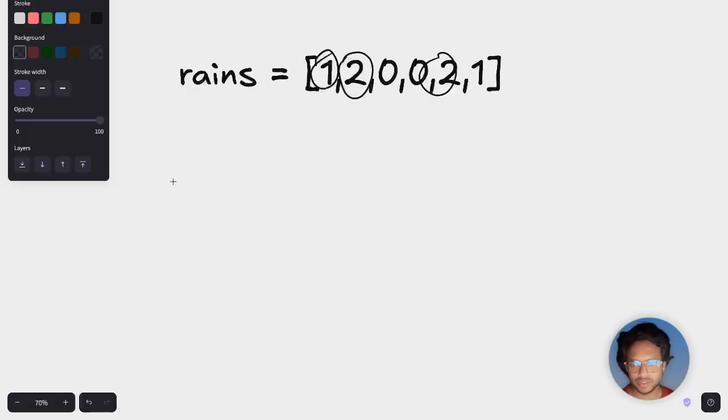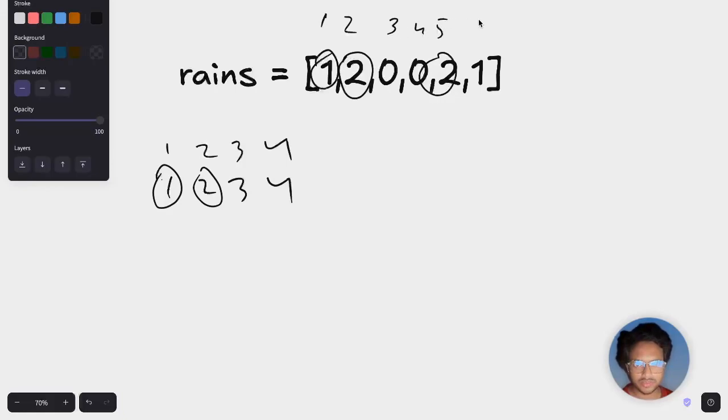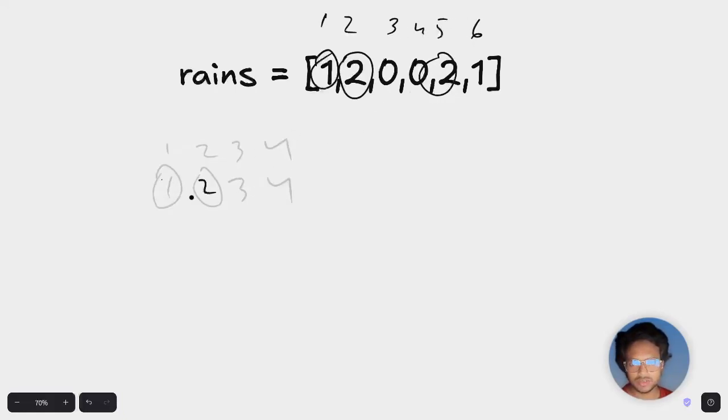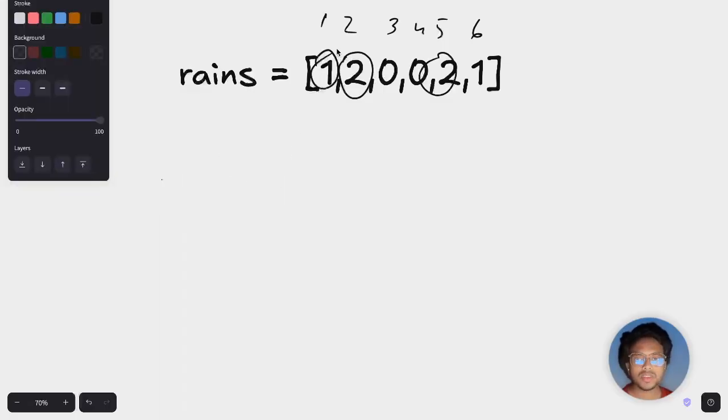For example, if it is 1, 2, 3, 4, it means on the ith day, day 1, 2, 3, 4, on day 1 there will be rain on lake 1, on day 2 there will be rain on lake 2, like this. So here, if I do 1, 2, 3, 4, 5, 6,